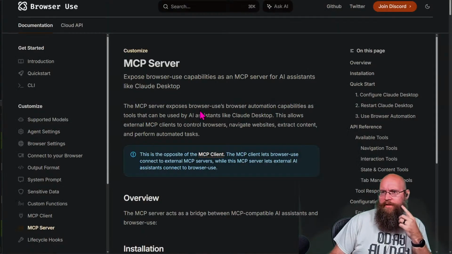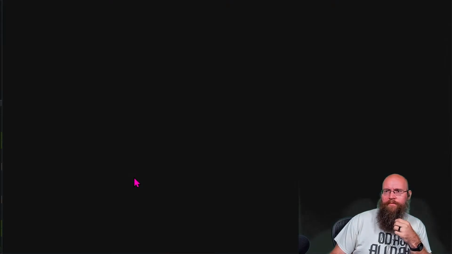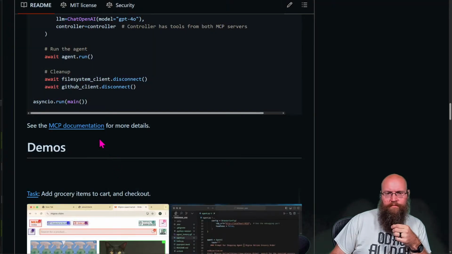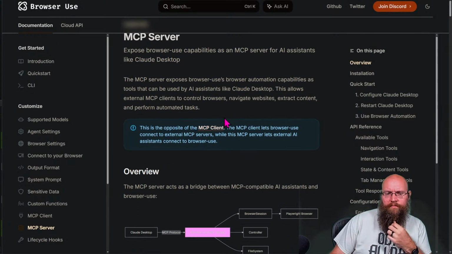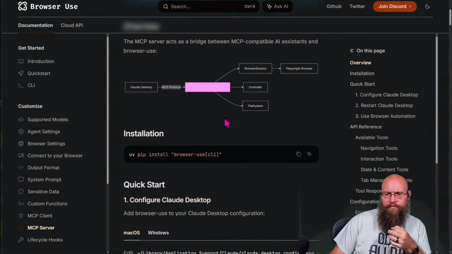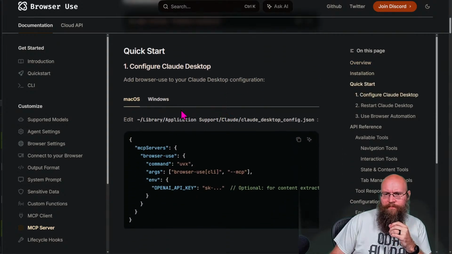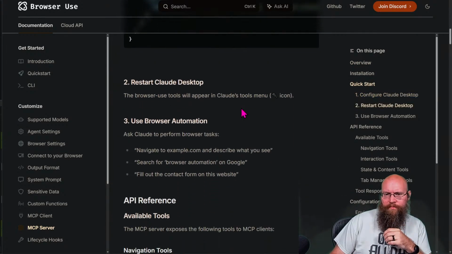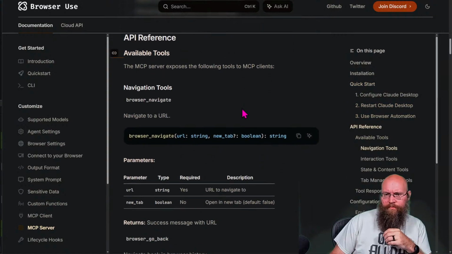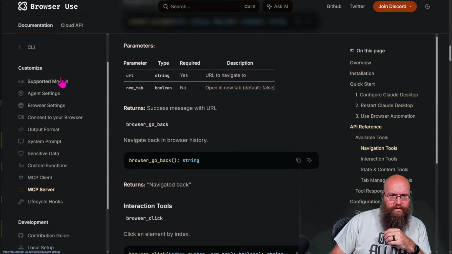Let's go look in the docs. Supported models, agent setting, browser settings.